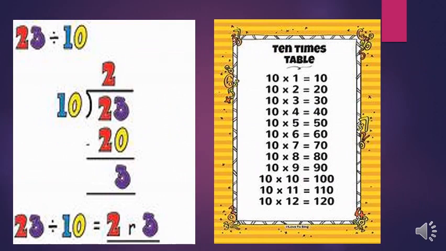See, there is an example: 23. You have to divide 23 by 10. So you know how to draw the division sign, this one. So 10 you keep outside and 23 inside. For your help, I have given the tens table here also. You have to check in the tens table whether 23 comes or not. So see here, does 23 come here? No. So what you have to do, you have to search for a number a little bit smaller than 23. There are lots of numbers smaller than 23, but you have to search for the nearest number. So see which one. After 20, 30 is there.